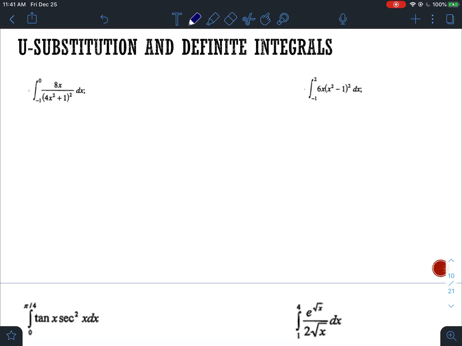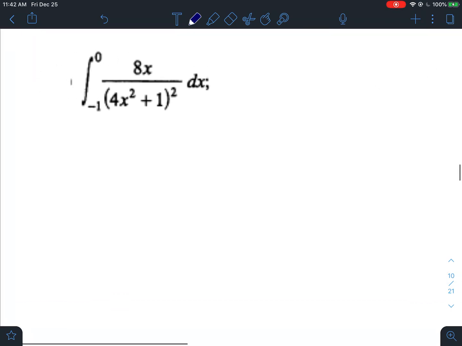All right, u-substitution and definite integrals. So there are 2 options on how to do these problems. We can do it exactly like we've been doing them yesterday and in the beginning of class today, but then just forget about the bounds at the start of the problem. So option 1